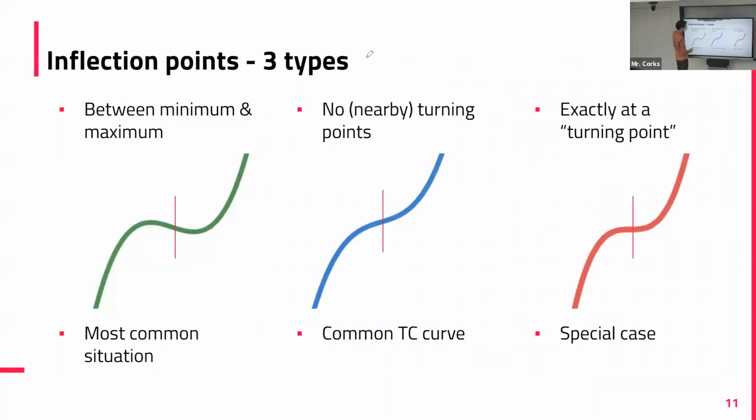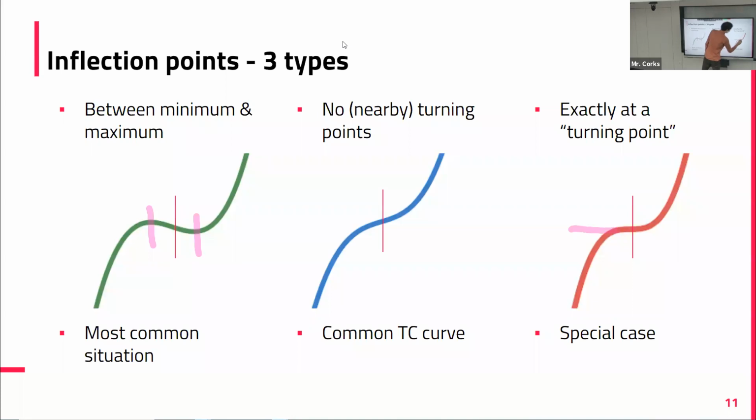Right. So a little more review here. We have these 3 basic types that could happen. We could have nearby turning points, and then our inflection point is happening right between them. We could have, like here, no nearby turning point. And there could be a turning point somewhere else on the function, but there would have to be another inflection point before that happens. So nearby turning points, no nearby turning points, or this special case where it kind of